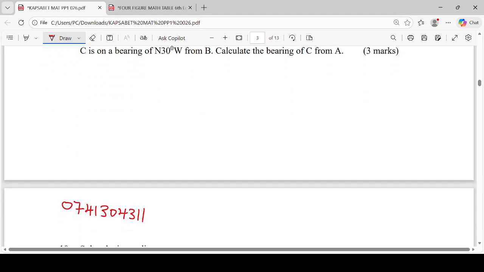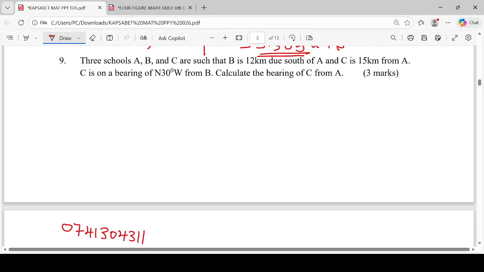That's question number 9. It says that 3 schools, A, B, and C, are such that B is 12 kilometers due south of A, and C is 15 kilometers from A. C is on a bearing of north 30 degrees west from B. Calculate the bearing of C from A. 3 marks. Ladies and gentlemen, when you find such a question, you need to know that